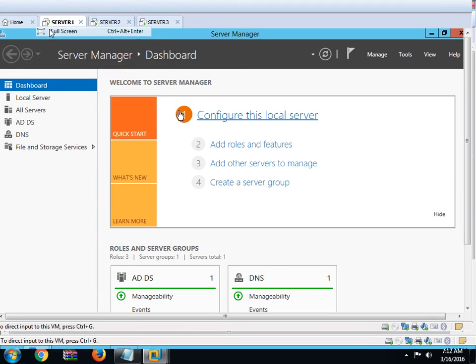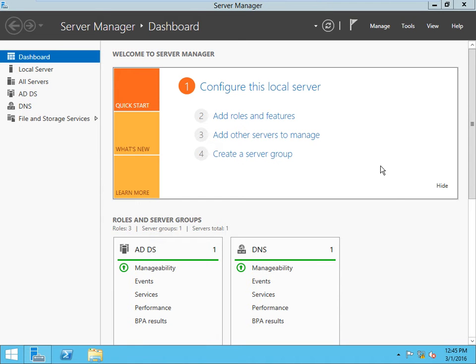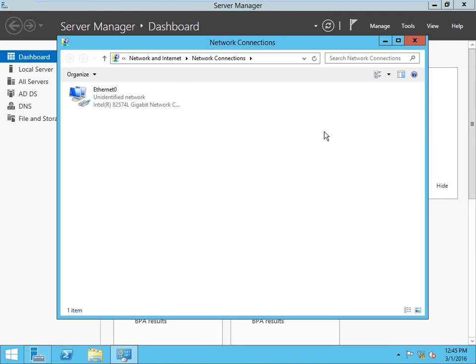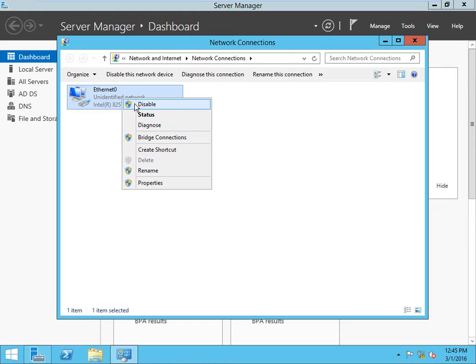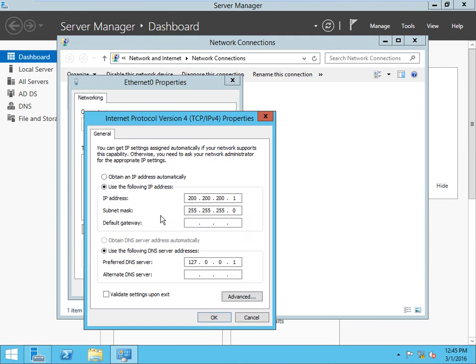Server 1, give the IP, ncpa.cpl. IP is simply 10.0.0.1.